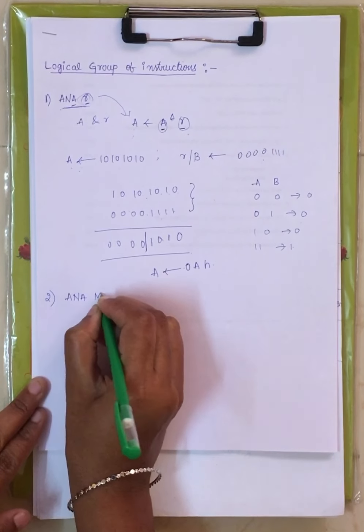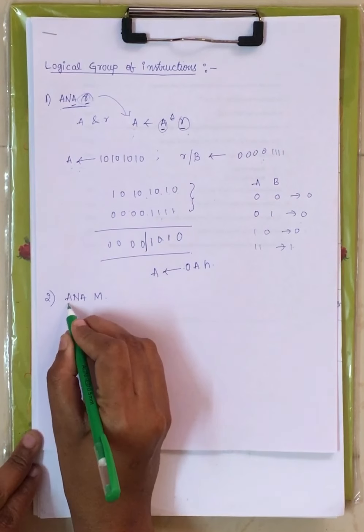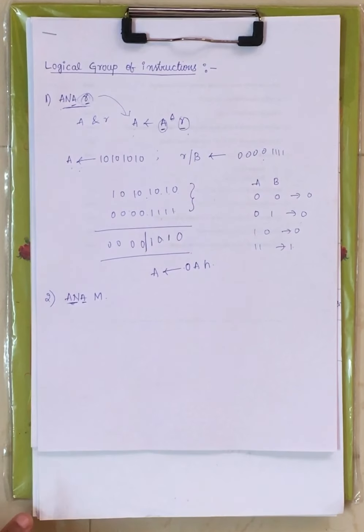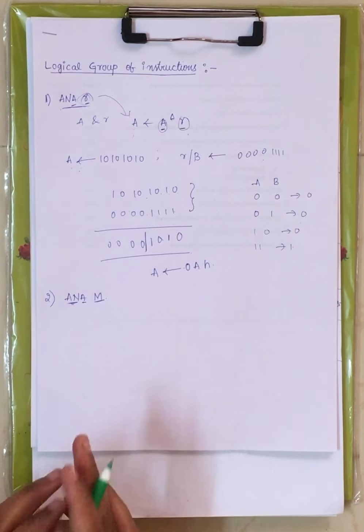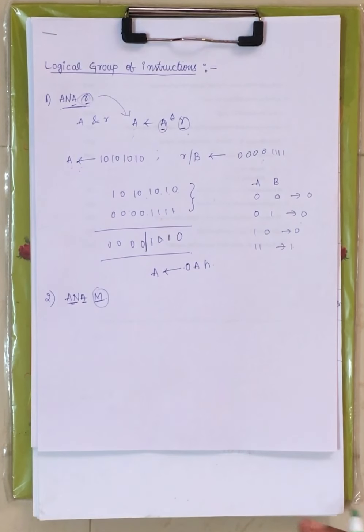ANA M. The next instruction is ANA M. AN is nothing but AND operation, A is the accumulator, and M is the memory location. AND operation between the contents of the accumulator and the contents of the memory location. What will the memory location do? It will store some data. Using that data and the data stored in the accumulator register, between these two data we are performing